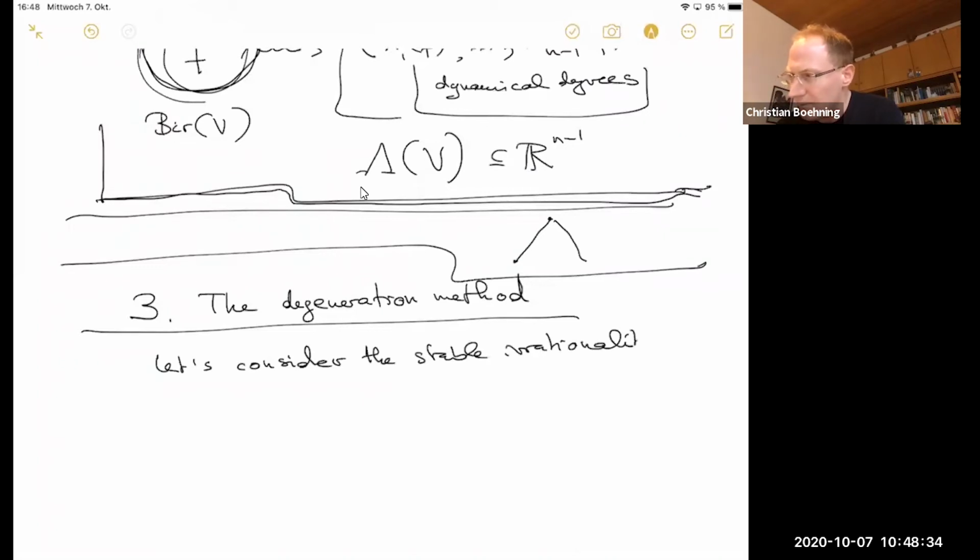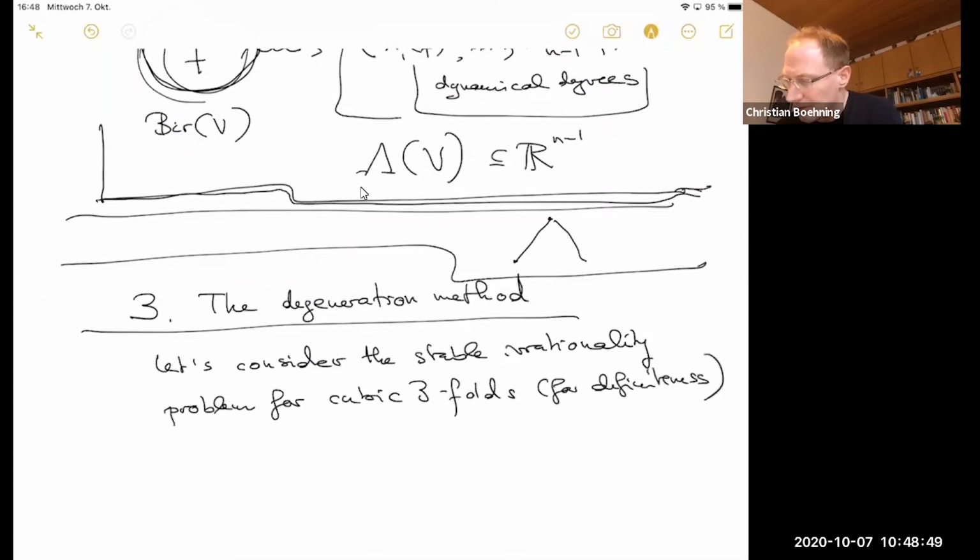Well, of course, some people may say that you have no chance, or you stand no chance at all, to prove stable irrationality or rationality of cubics using this degeneration method, because, well, nodal cubics are rational. So, but that doesn't really, well, that is certainly an unpleasant fact, but it has not been a totally